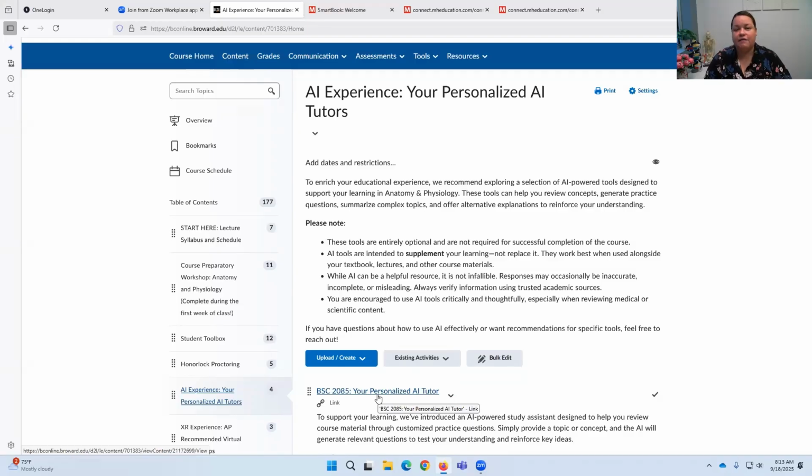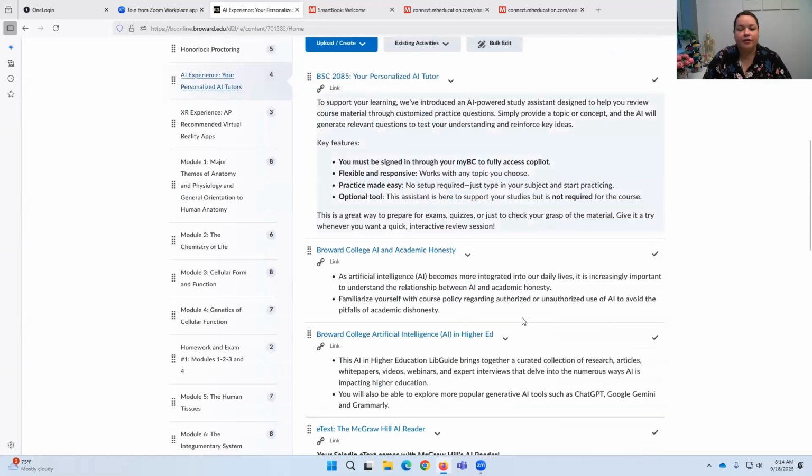Anatomy and physiology is very content heavy, so repetition really is very successful in making sure that you understand all the different definitions, mechanics, and content that you'll be presenting. So I definitely encourage you to check out the tools and utilize the AI as your tutor or your study partner. If you're not so familiar with artificial intelligence, you're going to notice that in the module, there's also links